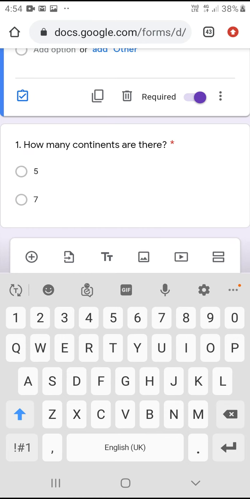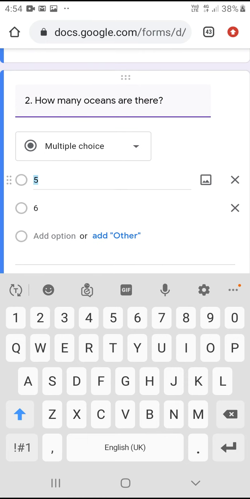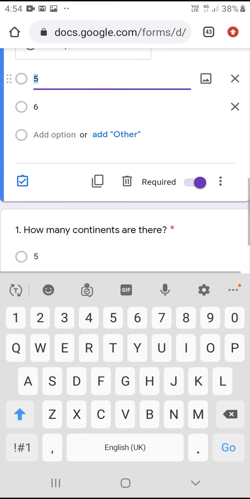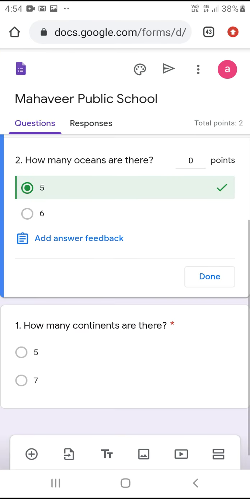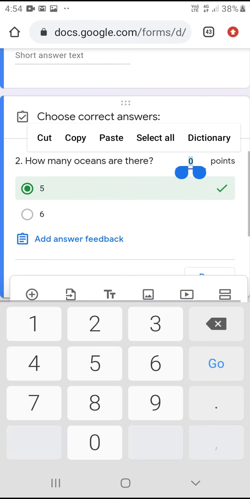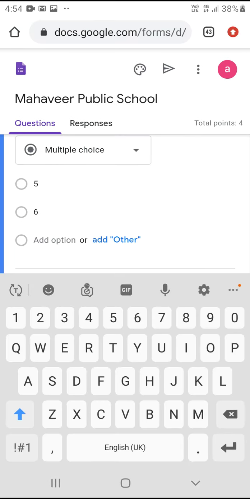Somehow some problem is there. I think this is my second question, and the answer here is 5. Let me opt it. 5, and the points I am giving here is 2 again. Now this is also done.